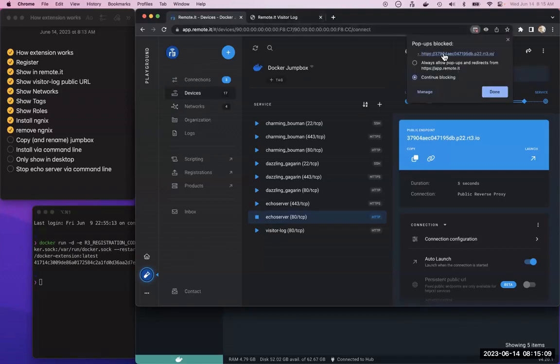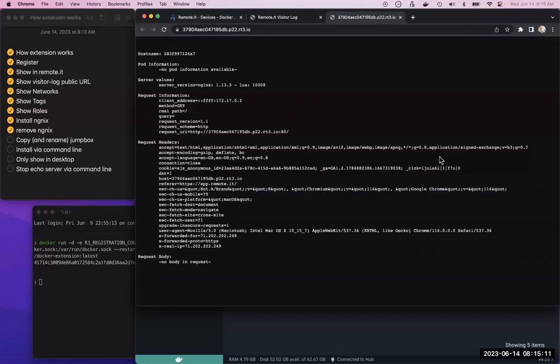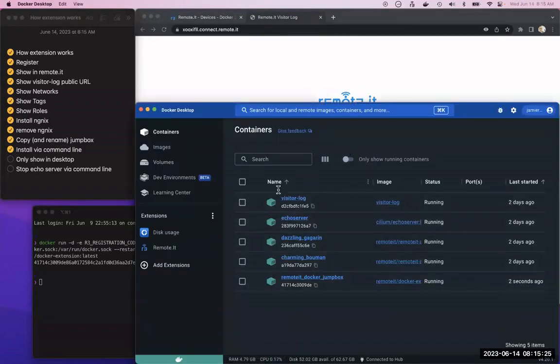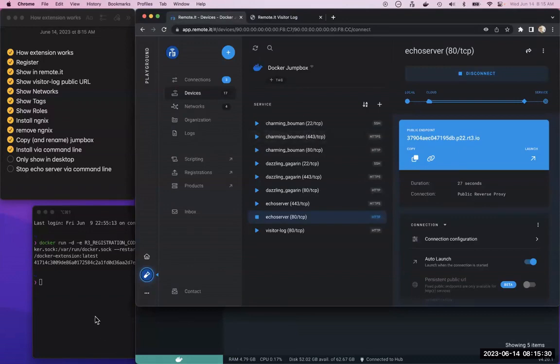And there it is. So that's echoing. So yeah, that's the new thing in installing to the command line. And then you can see that you actually don't need the Docker desktop at all when interacting with this to monitor your servers and things.